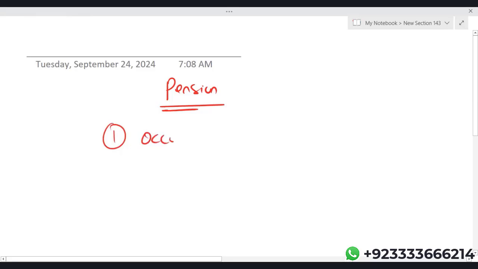Okay, dear students, let's start an extremely important topic relating to pension. In our taxation paper, one is the occupational pension plan. Occupational pension plan means